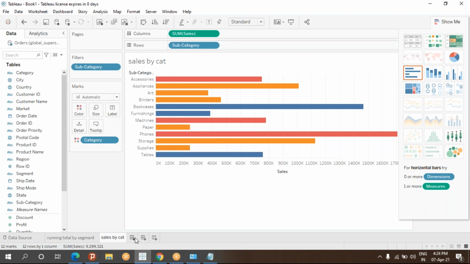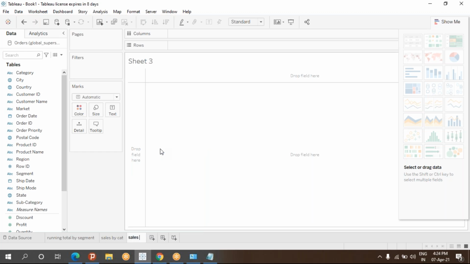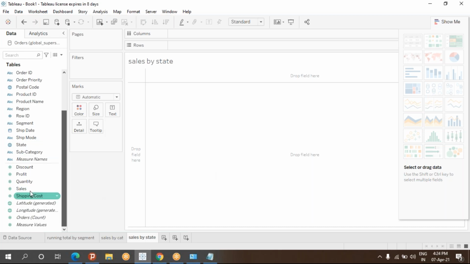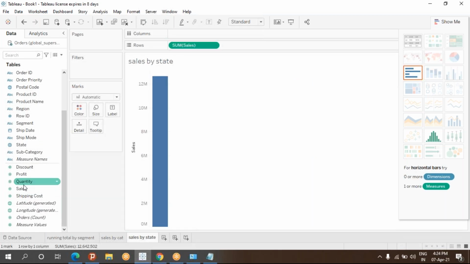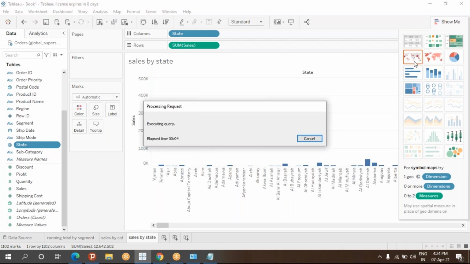And next, the third one is sales by state. So now just double click state wise. You go for the map view.